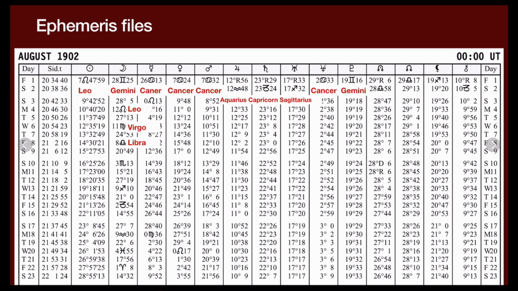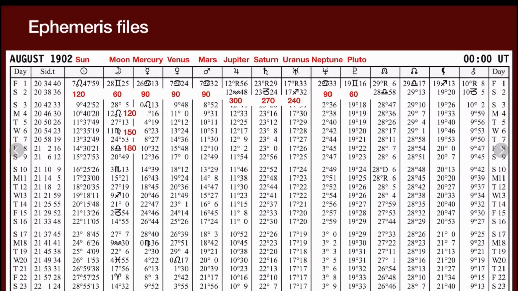Now, in addition to knowing the planet symbols and names, and the sign symbols and names, you need to know where each sign starts. So we've got Jupiter in Aquarius, and Aquarius starts at 300 degrees, and we've got Neptune in Cancer, and Cancer starts at 90 degrees, for example.